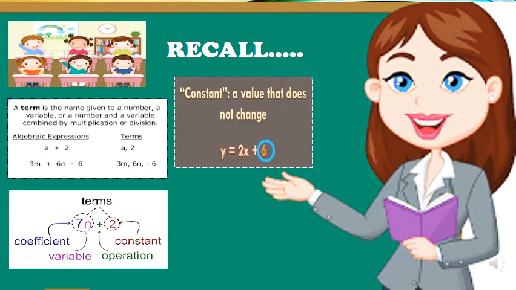So hope now you all know what this 0 is. This 0 is to mark and show you all the constant. What is a constant in this equation? Here the equation is y is equal to 2x plus 6. So 6 is the constant.